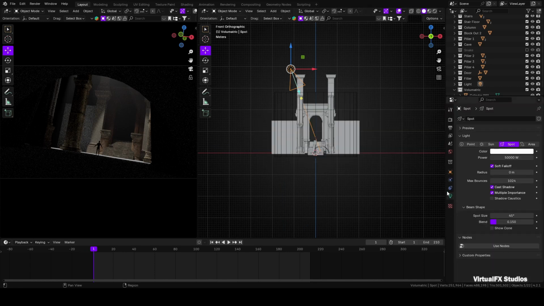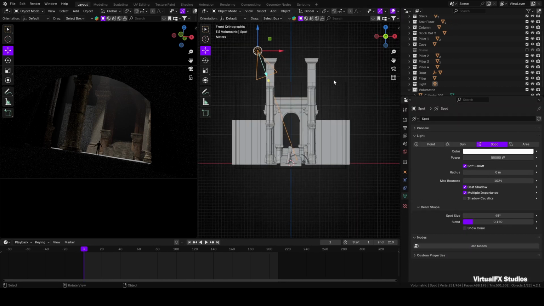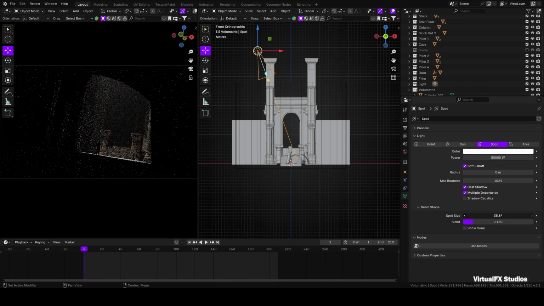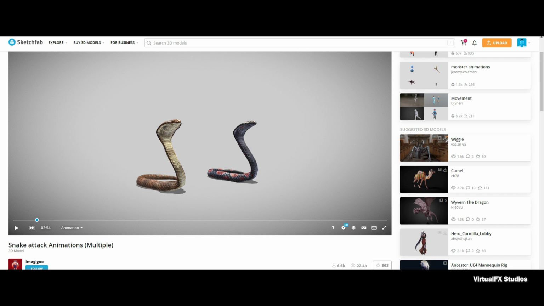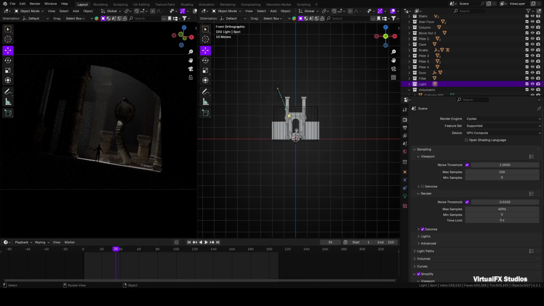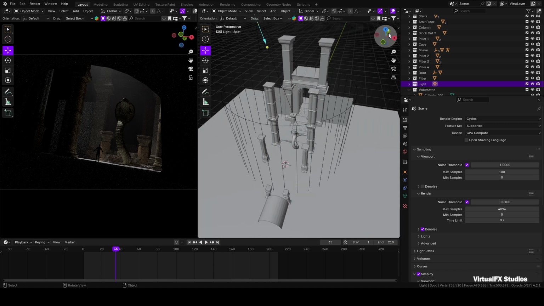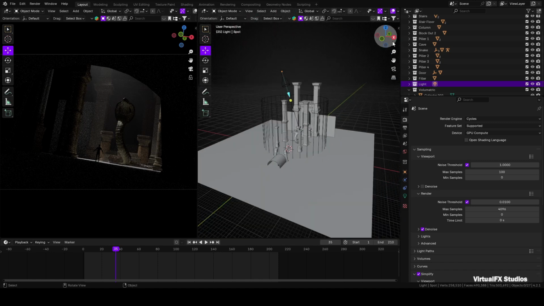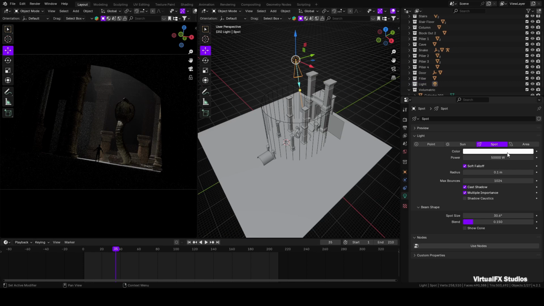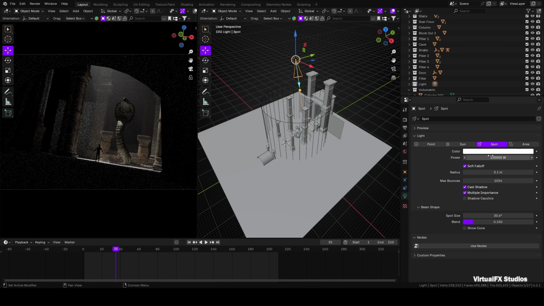After adjusting some lighting, we'll improve the textures in the scene to make it look realistic. First, head to the Sketchfab website and download a 3D model of a snake. You will find 2 animated snake models there. Since both are pre-animated, you won't need to do any animation yourself. Simply download them and add whichever one you like to your scene. Make sure to scale it up significantly so that the giant snake is visible in the camera view, as you can see in my setup.